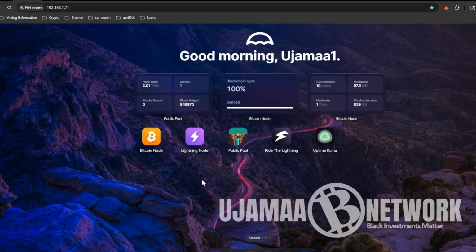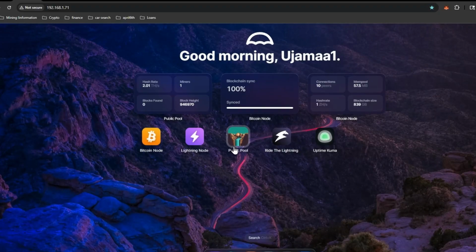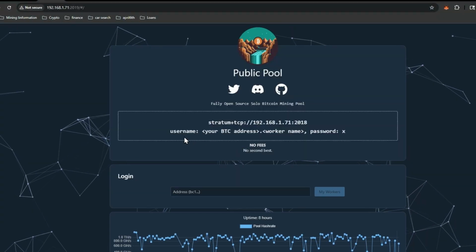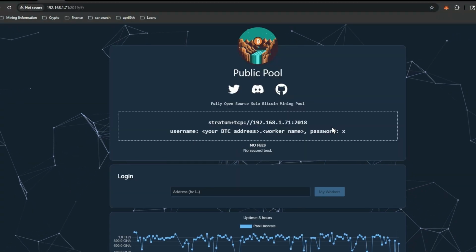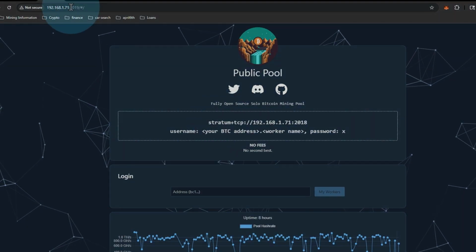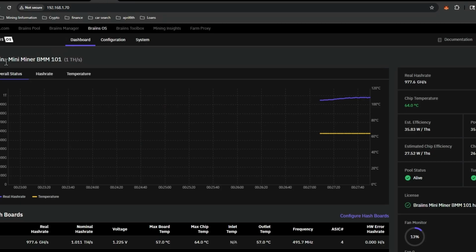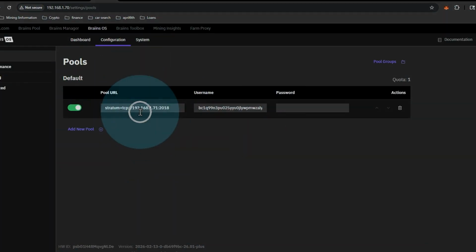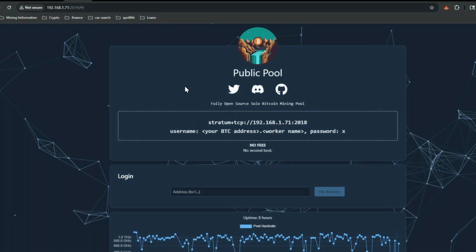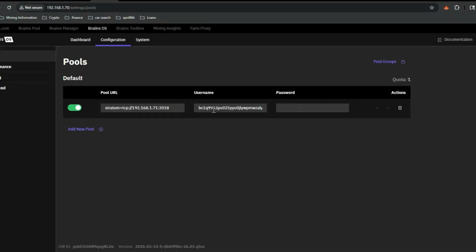When you log into your Umbrel mining pool, go to your public pool app and you're going to see the format and information that you need to be inputting into your miner itself. For our example today, we're using the Brains BMM 101. You're going to go over to the configuration tab and put in that stratum address that you saw here in the public pool. And the username is going to be the Bitcoin wallet address,